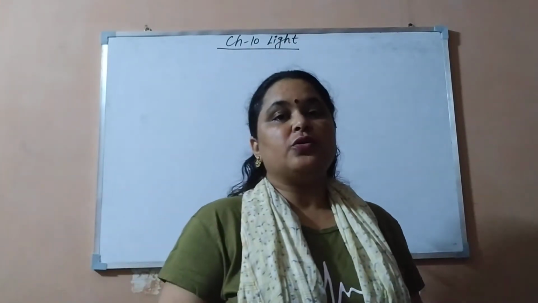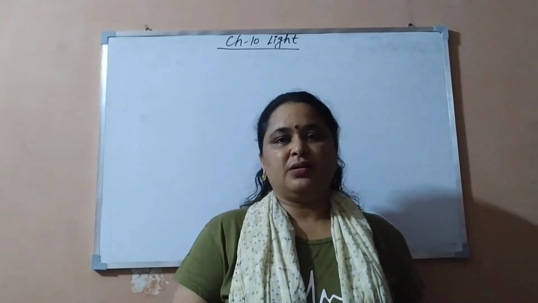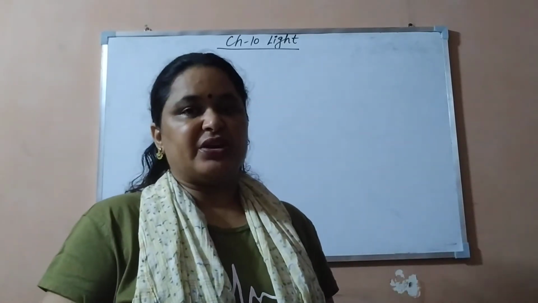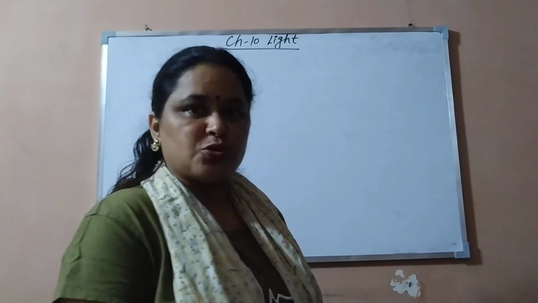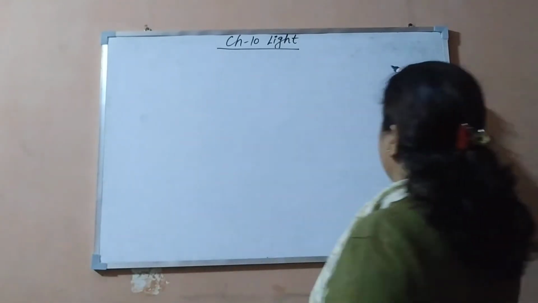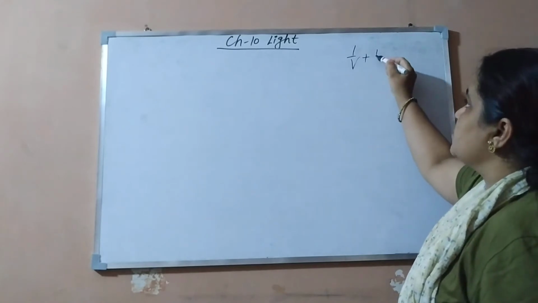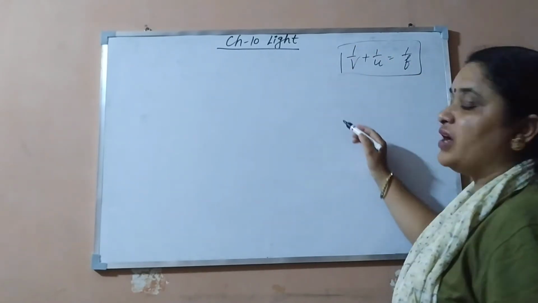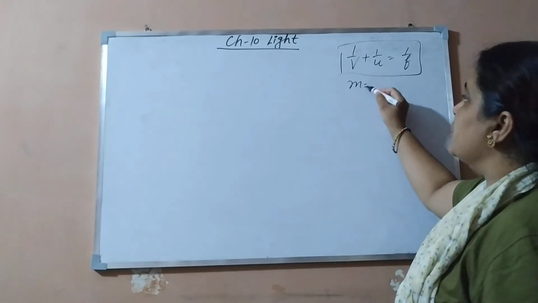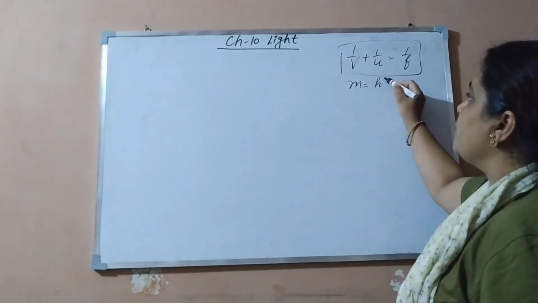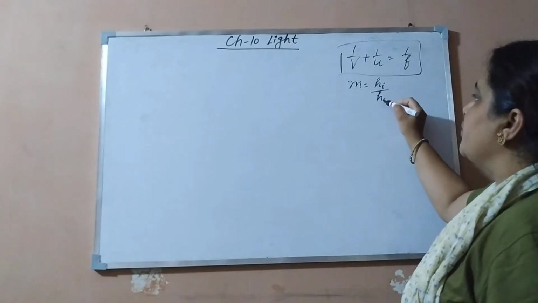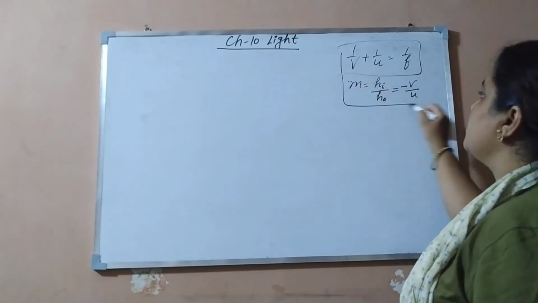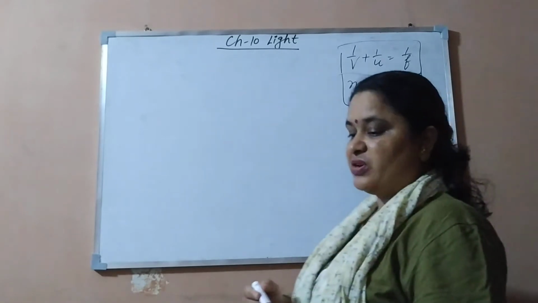You know that we are doing the topic related to spherical mirrors. We have done magnification in the previous class. We have come to know about the formulas, that is 1/v + 1/u = 1/f. That was the mirror formula we have done. Then we have done magnification, which is given by the height of the image to the height of the object, or it is also equal to minus v by u. These formulas we have done in the previous class.